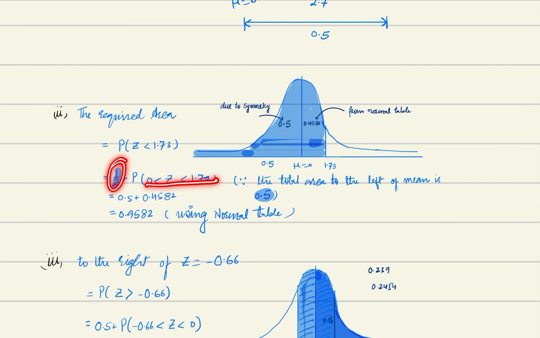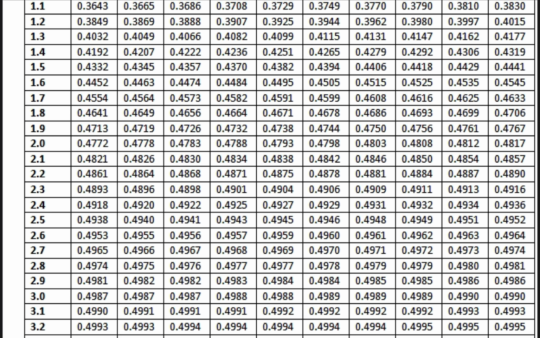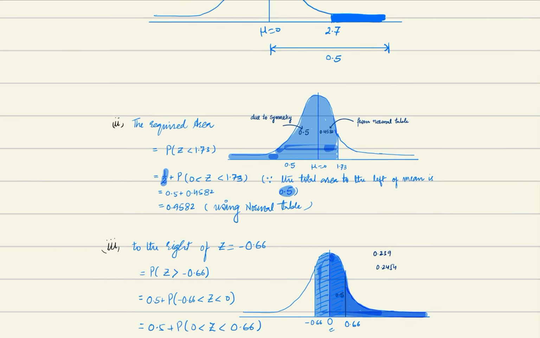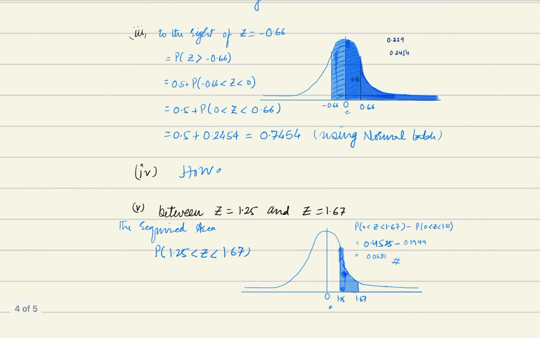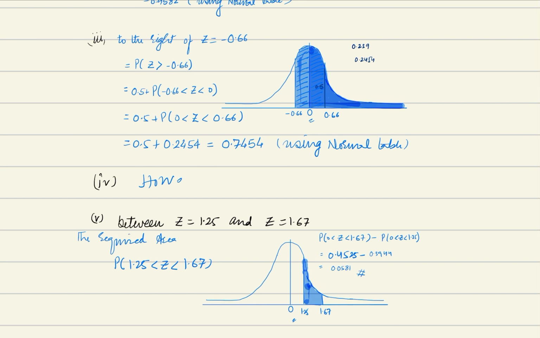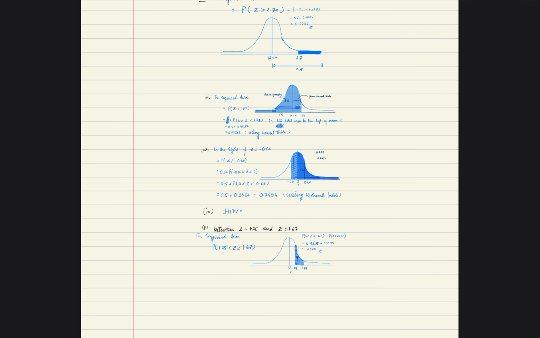अब ये एरिया हम निकाल लेंगे टेबल से, यानी 1.73 देख लेते हैं, 1.73, तो 1.7 पर 3 देख लेते हैं, 0 1 2 3, ये वाली होगी 0.4582. So 0.4582, you see 0.4582. So in this way we can calculate this. Similarly, you can calculate the third and fourth part, take the screenshot and go through them. If I explain, the length of the video will become more, right? So take the screenshot and you can study it.